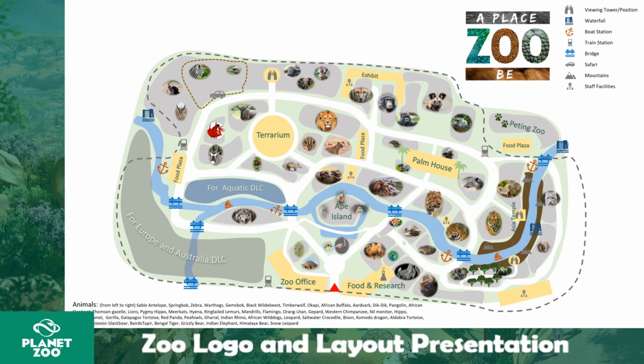And here you can see there is a pass, and here is a pass, and here overlapping is the red panda habitat. So what's going on here? I tell you guys. My idea here is that I would like to have a small habitat with some trees on the left side and trees on the right side, and I would like to have an animal bridge over the pathway, with glass, for example, and then I would like to have some vine ropes, and I would like to connect these 2 trees or 3 trees, however, and then the red panda will be able to climb from the left side of the pathway to the right side of the pathway with these